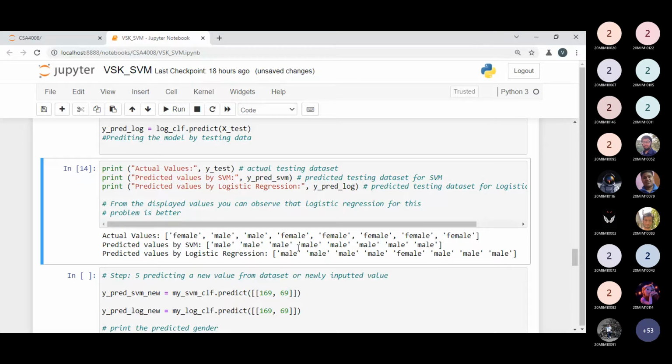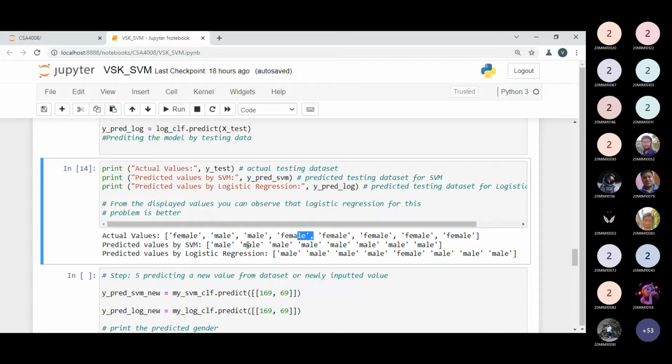If I compare the actual values and the predicted values of the SVM and logistic regression, we have to determine that our model is not 100% accurate, but what is the accuracy? For the SVM, the first value is not matching, the second value is matching, the third value is matching, and the fourth one is not matching.